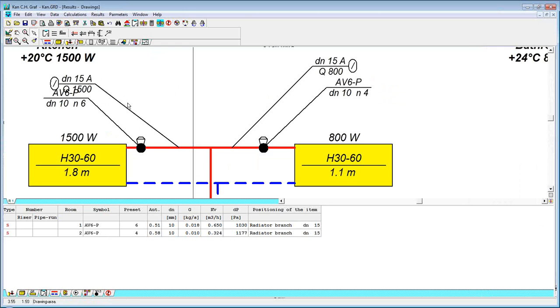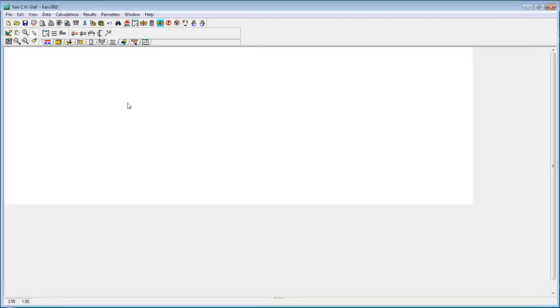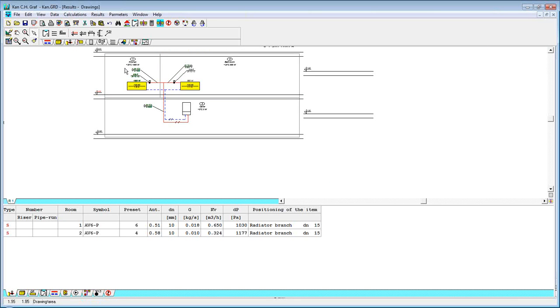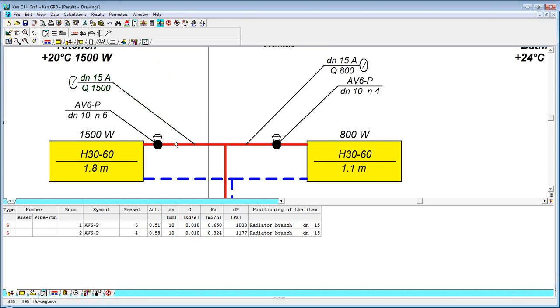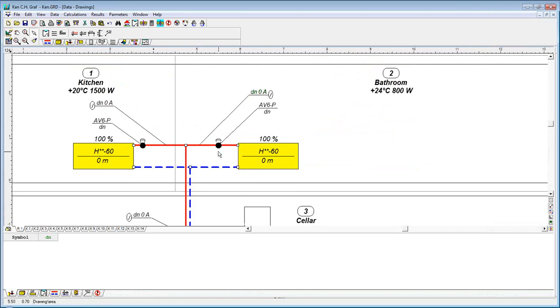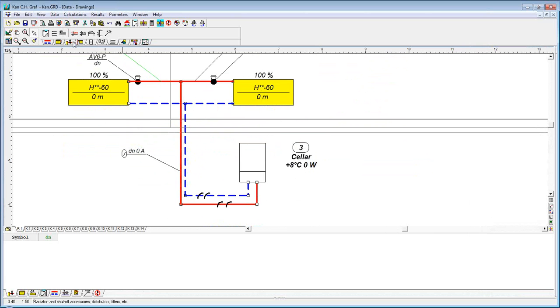Why is that? Because the drawing with the results is created during calculations. So first I have to start calculations again, and now, as you see, it looks better. And as you see, this bigger radiator has got preset 6 and the smaller preset 4. So now really more water would go through this left radiator,